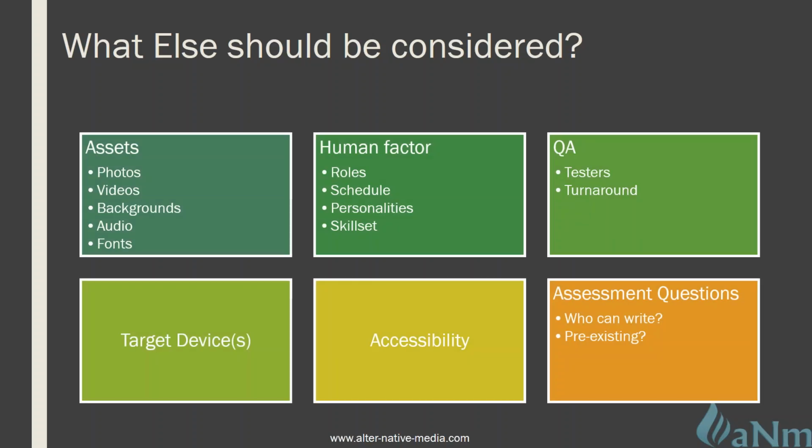So there are a lot of other things that you need to really consider as we continue to create the content. So assets are very important, especially if we want to go from that level 1 page turner to a level 2, more interactive, more robust content. These would include things like photos, videos, backgrounds, and of course audio and narration, and even something as simple as what font choice. And for those of you that understand the theory of fonts and how they look on the web, you'll understand that idea and concept alone is quite robust and something that could, again, take up several lessons in itself.